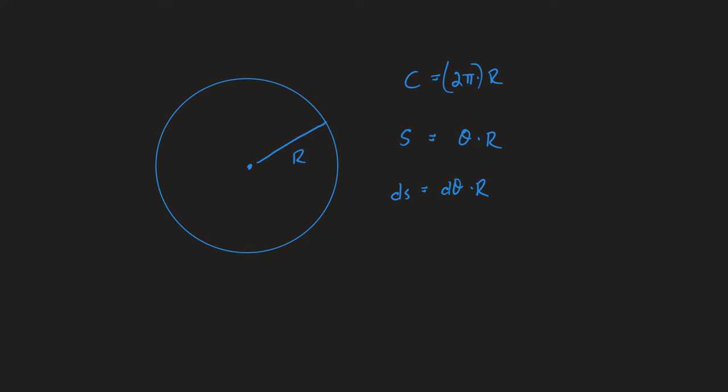So, clearly ds is just d theta times r. That part confuses me a little bit because, is the theta in radians or degrees in this case? Radians, right? By definition,